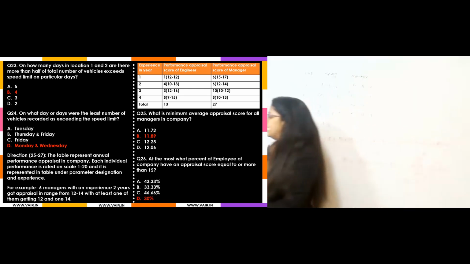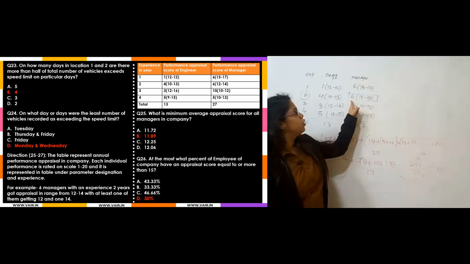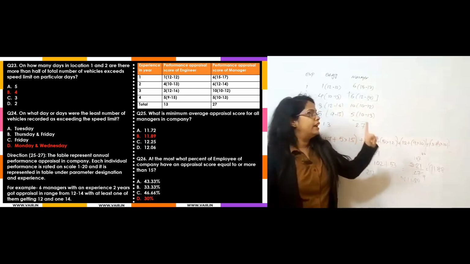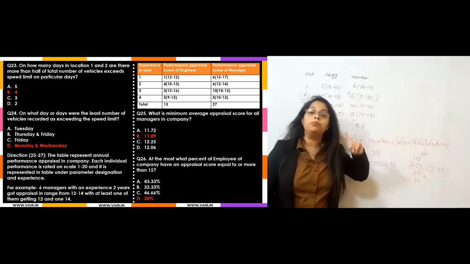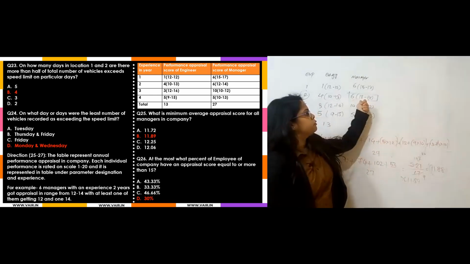So this was quite logical. कि हमें समझना है कि minimum is what? Out of these 6 managers, at least one manager होगा जिसे 14 तो मिलना ही मिलना है. Now to find out minimum, जो भी remaining है उसे minimum 12 मिला.